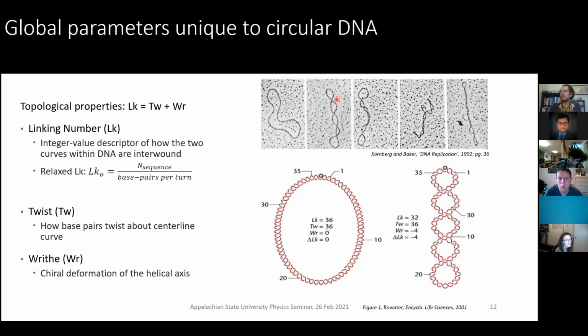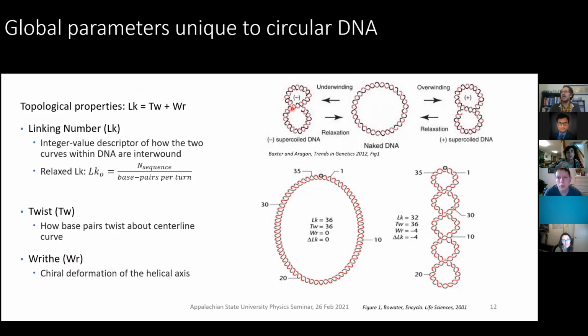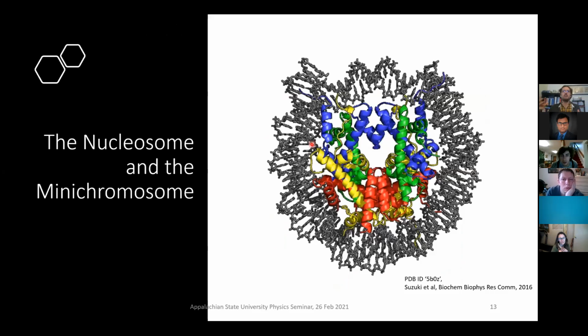So maybe the linking numbers here are all the same, but we have different levels of writhe, and that's because of the way this is partitioned, all based on how the base pairs are twisting about itself. What's important here is that there are different levels of supercoiling that exist, such as negatively supercoiled structures or positively supercoiled structures. Most of the structures that exist naturally are negatively supercoiled. So we want to take a look at optimized configurations with respect to some degree of supercoiling, because those are more naturally occurring.